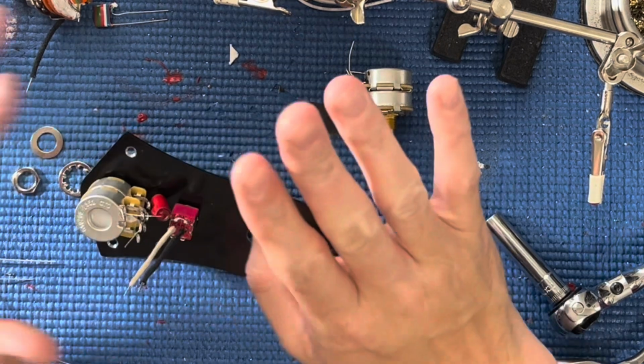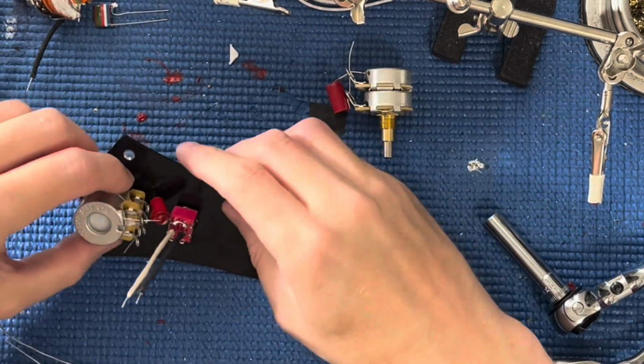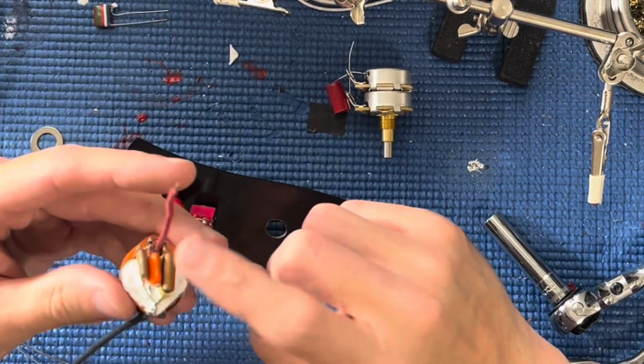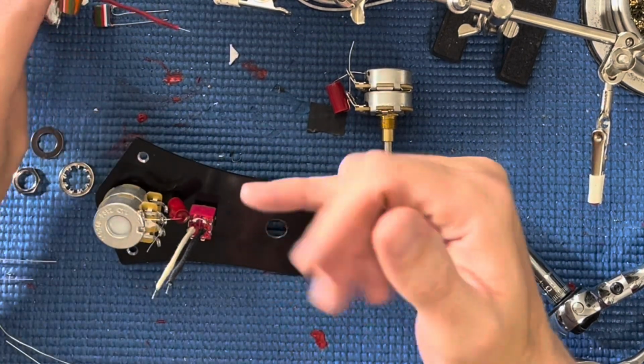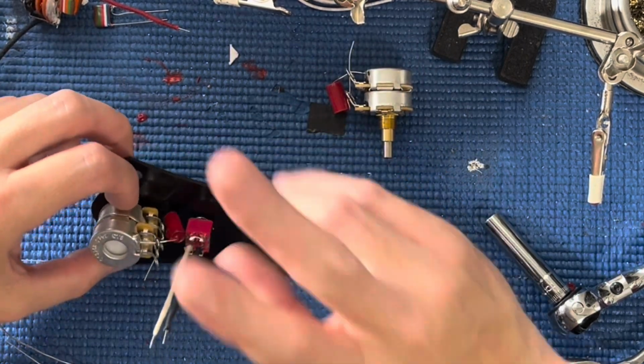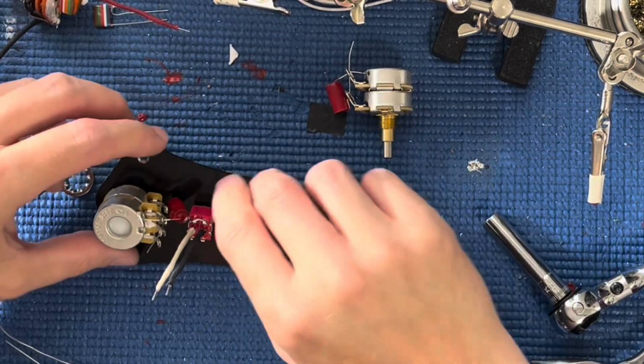Didn't touch the mids. Actually, I play more with these than I do any EQ stuff. I only use that to fix a problem. Anyway,